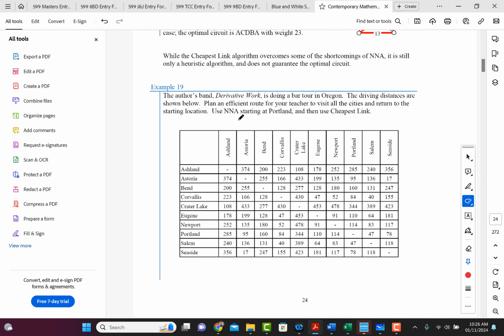Okay, well, if we use the nearest neighbor algorithm, we're going to start at Portland, right? So that's what they told us today. So we're going to start at Portland, and the nearest neighbor to go to is going to be the one with the smallest, which is going to be 47. Okay. And that's Salem. And then from Salem, we're going to go to,